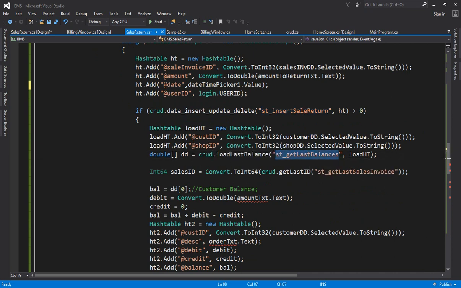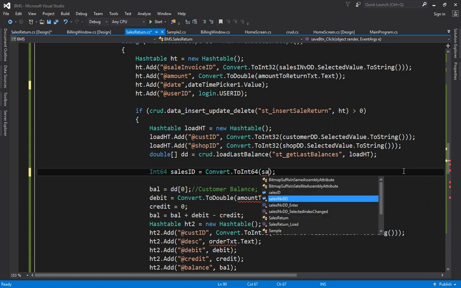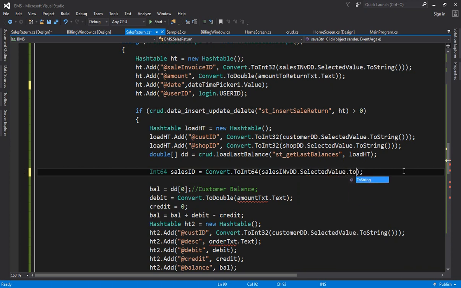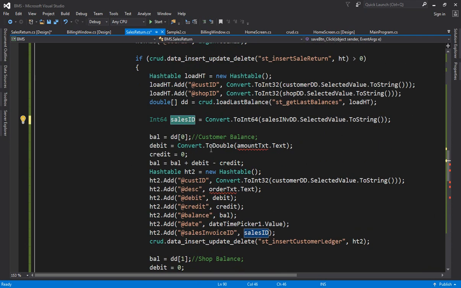So I am picking up the last balances of the customer and the last balance of the shop, and I am storing inside this. And here you are getting the last sales ID. So I don't need to write the last sales ID here, because I have the sales ID inside my combo box. So instead of writing this here, you can write sales invoice drop down dot selected value dot toString. So this is how you can pick up the sale invoice ID inside this variable,